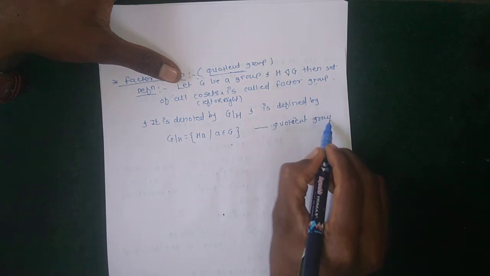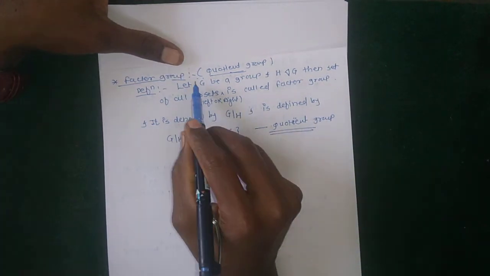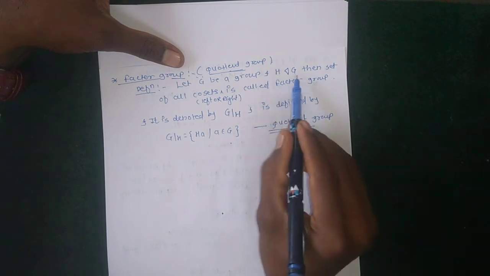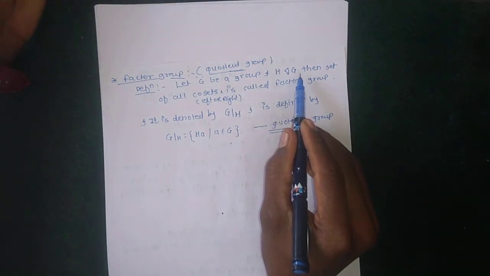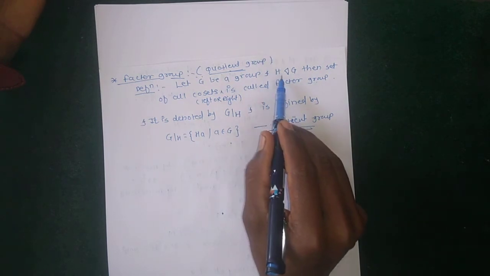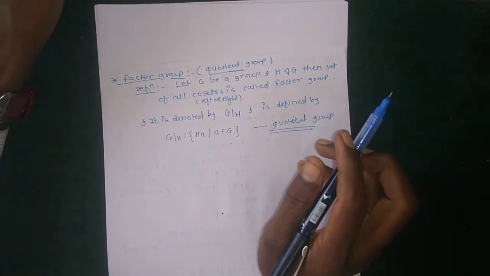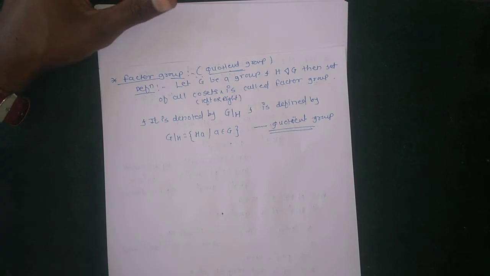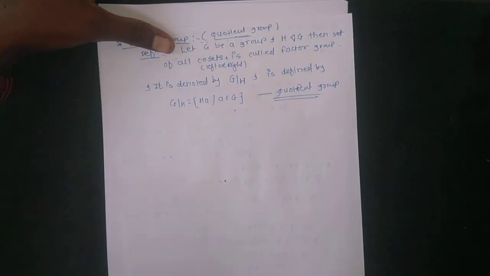So what is the definition of factor group? Factor group means if H is a normal subgroup of G, then the set of all cosets of H in G is called factor group. Okay, this is the simple definition of factor group. Then remark,